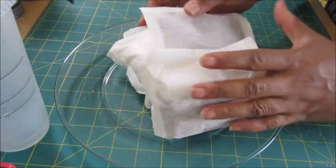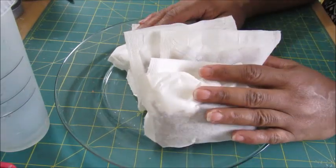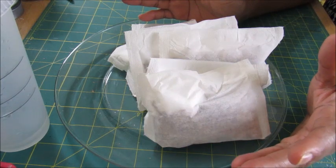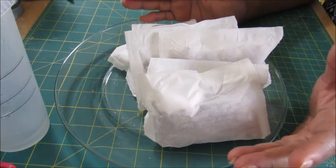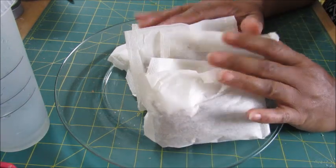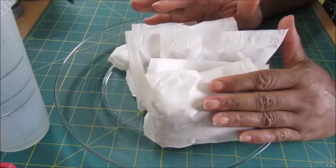Now, how you would use these is 2 ways. You could just drop these in your bath water while it's running, or while it's not running, and enjoy your soak. Or you can actually steep this in like 2 or 3 cups of water, put the boiling water on it,